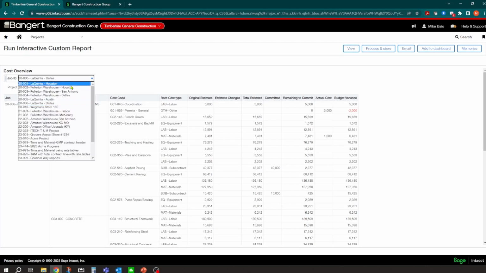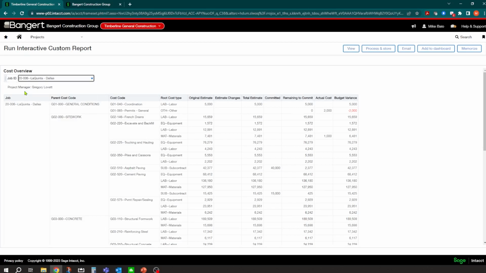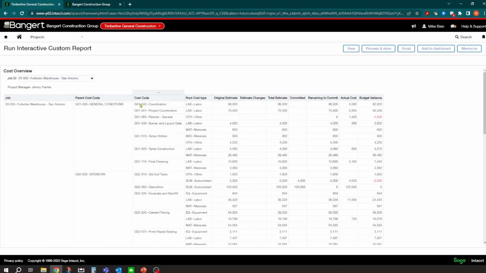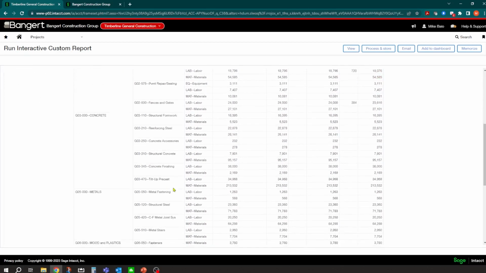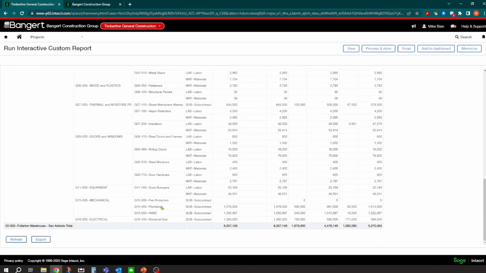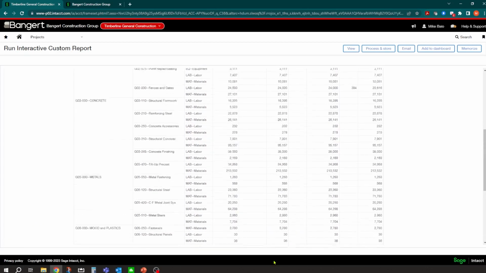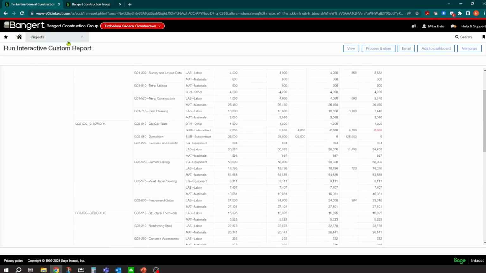But if we flip over to the San Antonio project, you'll notice that now this is just showing by cost code. Here's our original estimate, and here's what we've committed to spend for that line item. So if we go down to the plumbing line, it's going to look a little skewed because it's totaling. I've used a bunch of plumbing in my samples, but that $45,000 commitment is in this number right here. And this report doesn't drill down, but there are others that do.